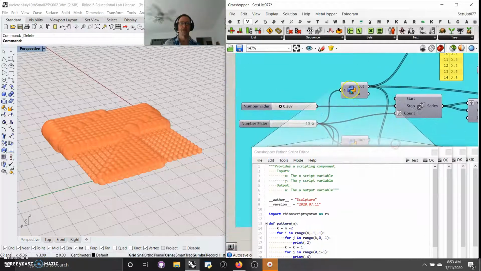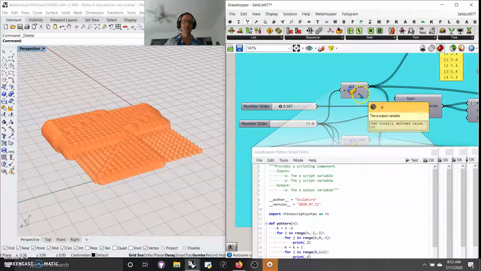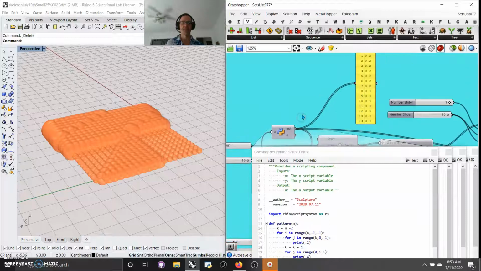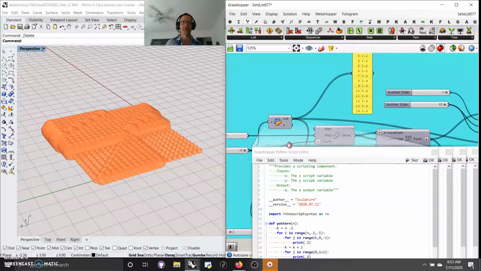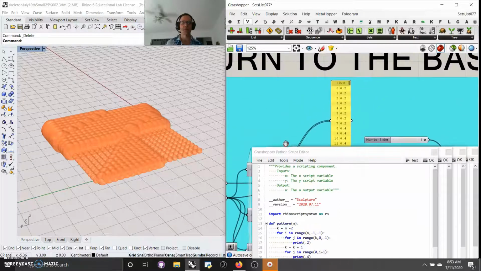I pulled in a Python node that has an input and an output. I don't even use the A output. The A output just tells me the digit that's coming in. I'm using the actual print output as a sense of data. So I'm able to bring out numbers and decide where and when in a series I can pull out these digits. So I've basically made a script that generates,